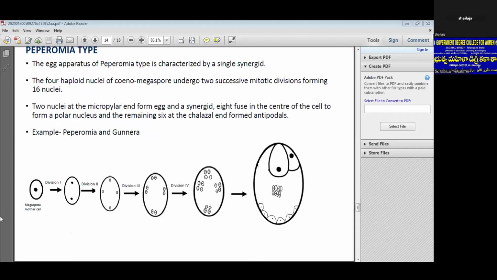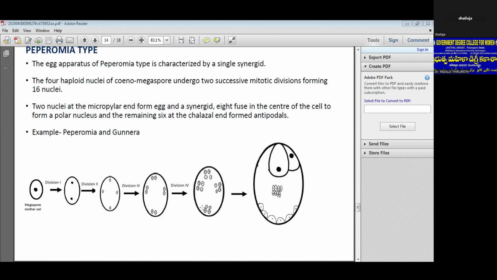See here, in these diagrams, you have to see that the megaspore mother cell goes to division 1, then division 2, and 4 haploid spores are formed after the second division of meiosis. Then going to mitotic division, it forms the 8 nuclei, and after the second mitotic division, it forms the 16 nuclei. Okay, from the 16, 2 are coming to the center. So see here, these nuclei arrange themselves in 4 groups of 4 nuclei each in a crosswise manner. 4 plus 4 plus 4 plus 4.